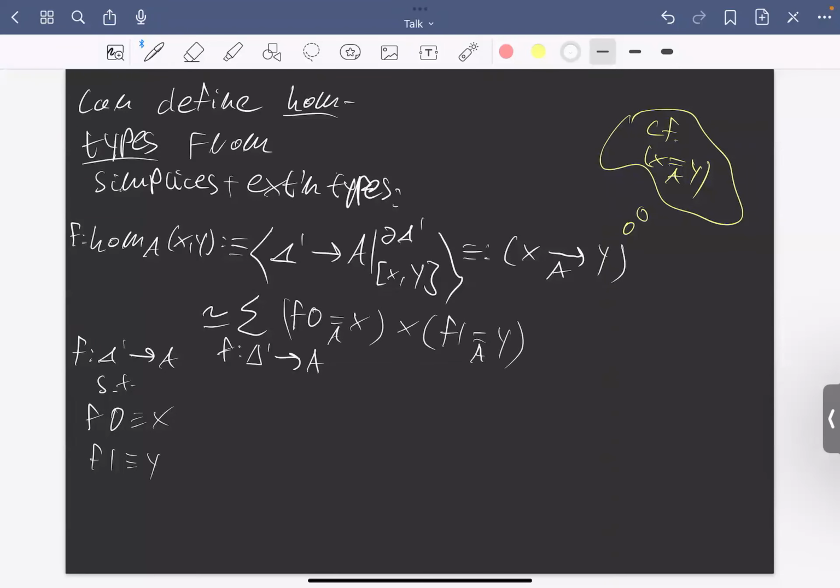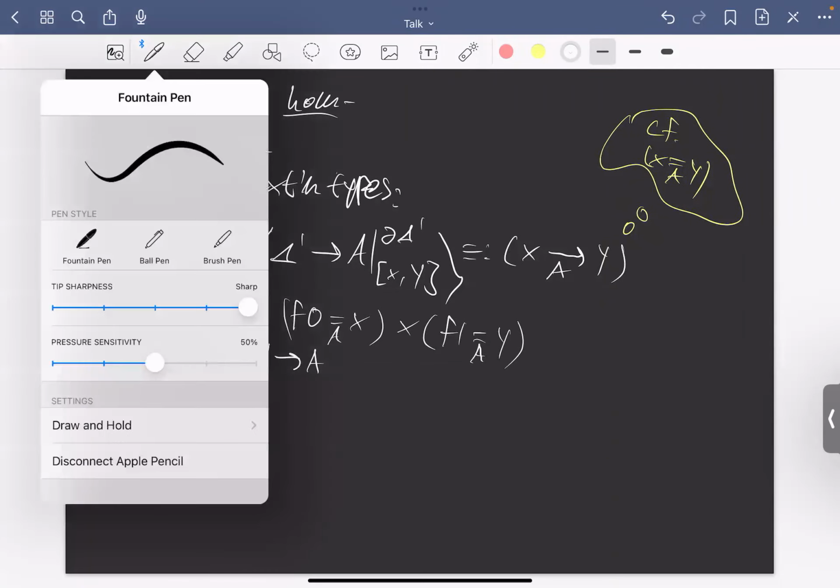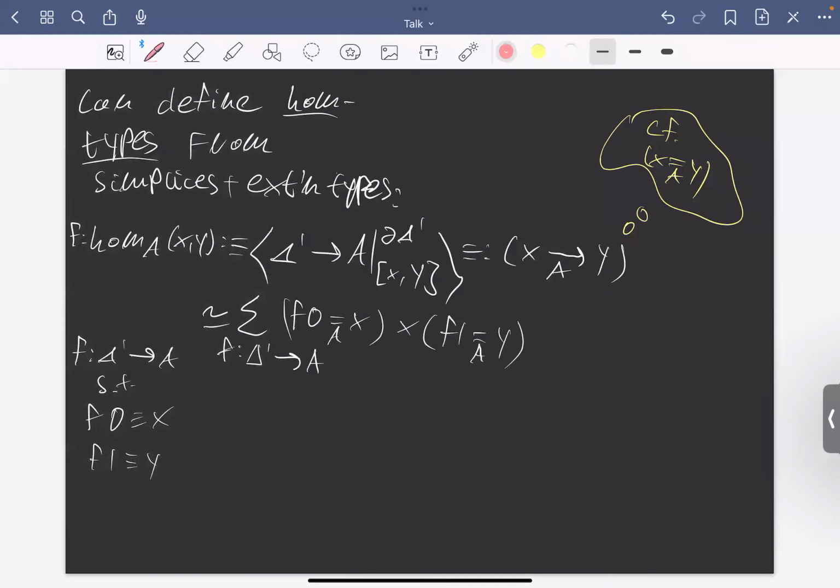And so, sort of in a dream, you might imagine that maybe I can define this here as exactly what I've written below, but with strict equalities. But that's not something,